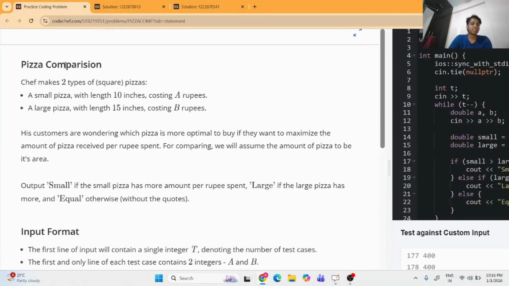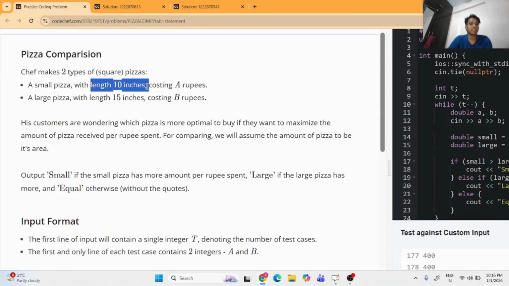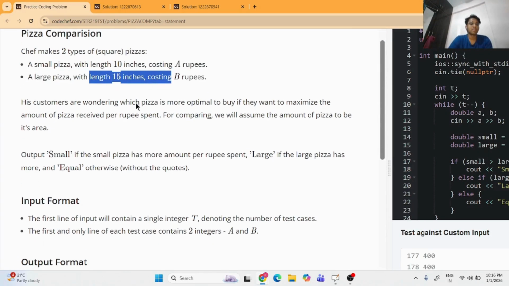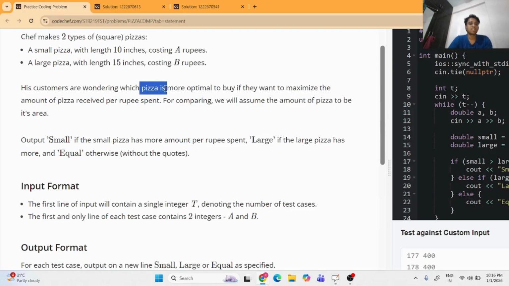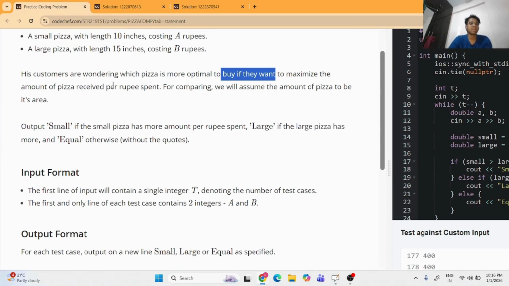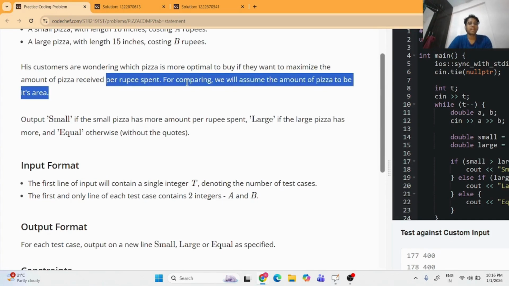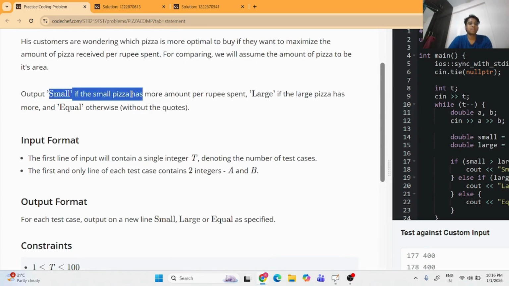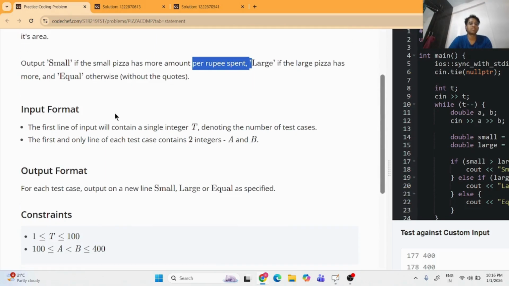So guys, the problem says Chef makes two types of square pizzas, a small pizza with length 10 inches costing A rupees, and a large pizza with length 15 inches costing B rupees. His customers are wondering which pizza is more optimal to buy if they want to maximize the amount of pizza received per rupee spent. For comparing, we will assume the amount of pizza to be its area. Output small if the small pizza has more amount per rupee spent, large if the large pizza has more, and